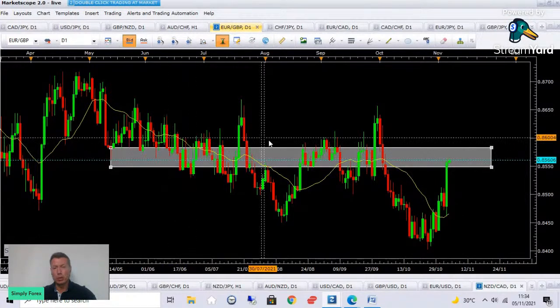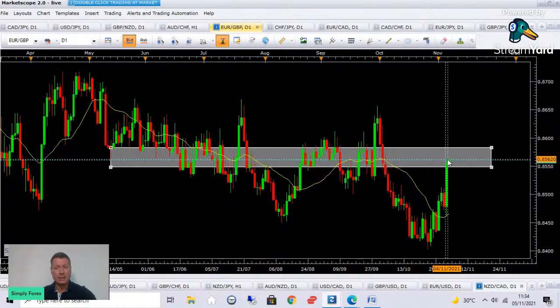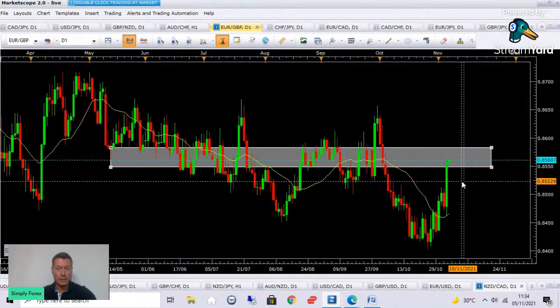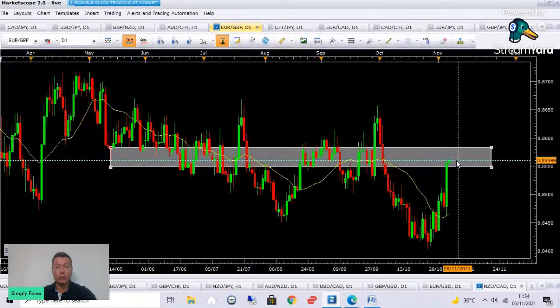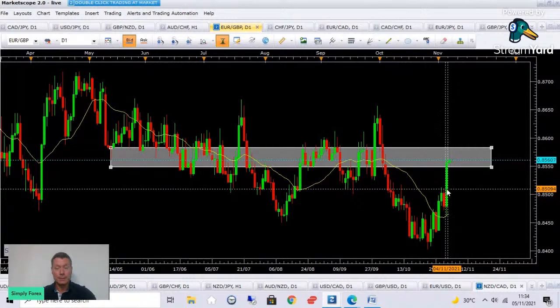It's too untidy, there's too much chop here. Some people might argue against me, but I would argue that is a resistance. There's some resistance in there. So I would stay out of this trade. I wouldn't long that, and I definitely wouldn't short this large green candle. So we stay out of the trade.